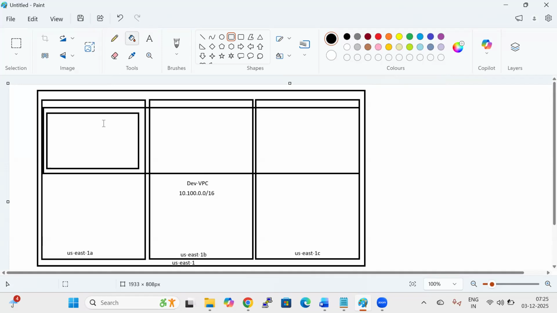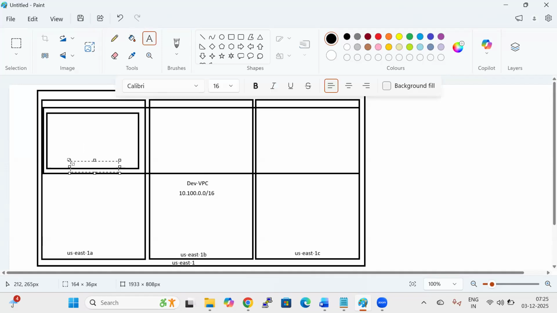This is my dev subnet, dev subnet 1, with the CIDR block, with the network range. The network range is 192.168.1.0/24. What is this